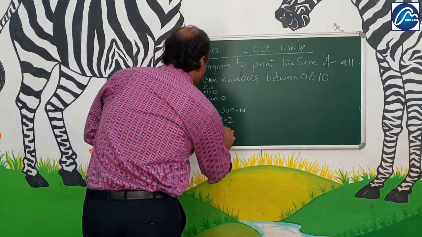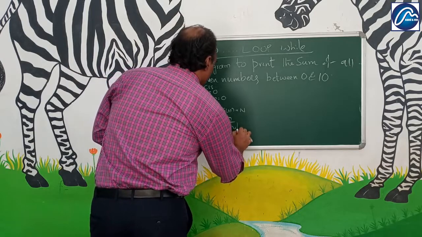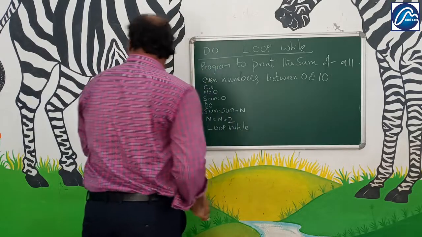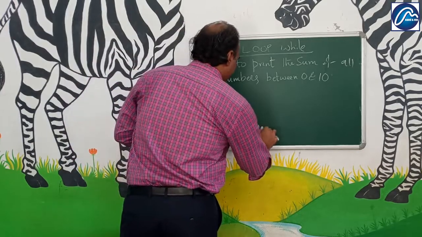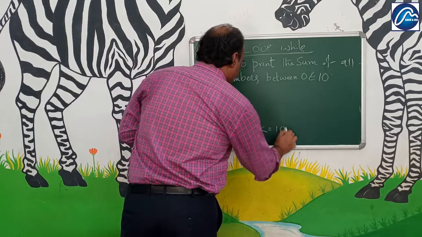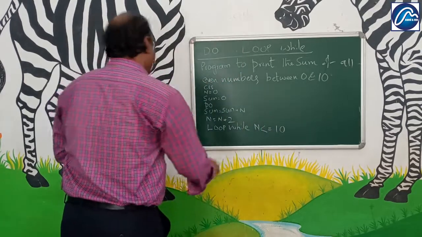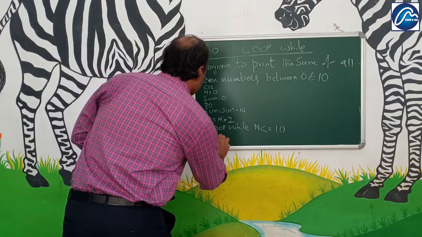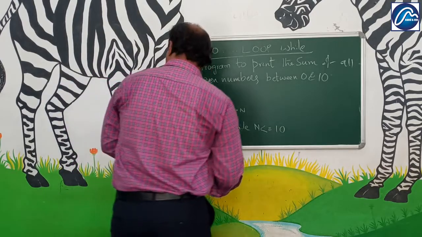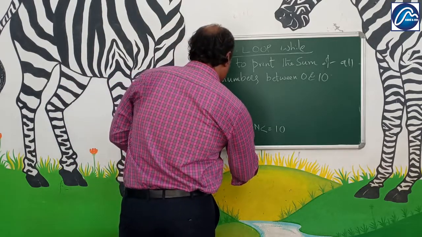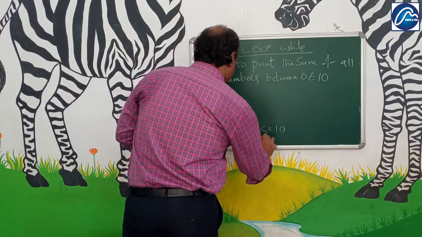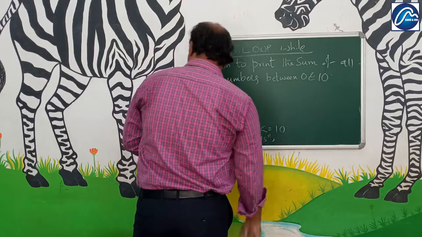Loop while n less than or equal to 10. Print the sum is, comma,